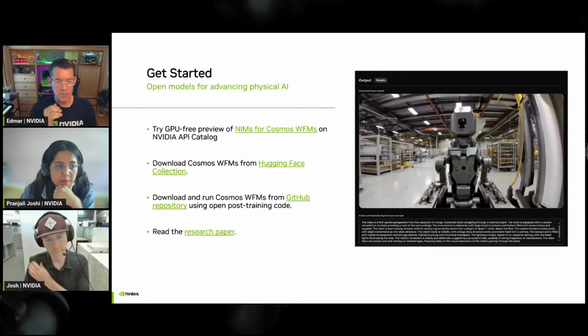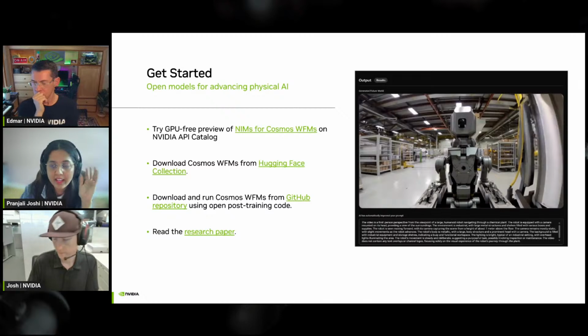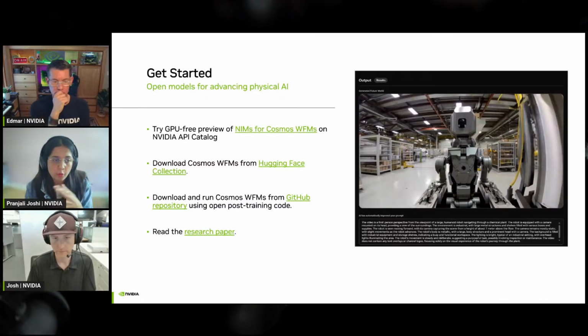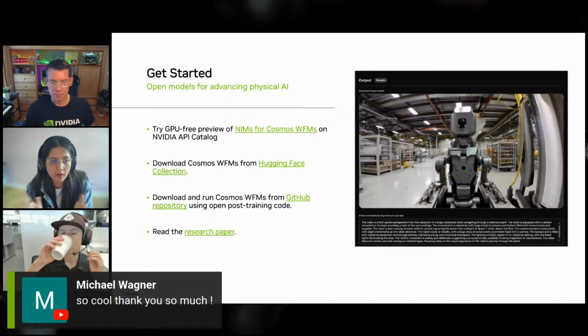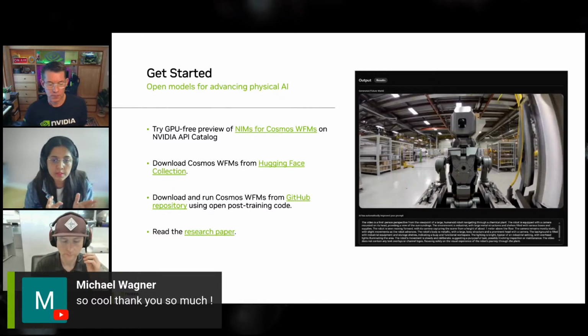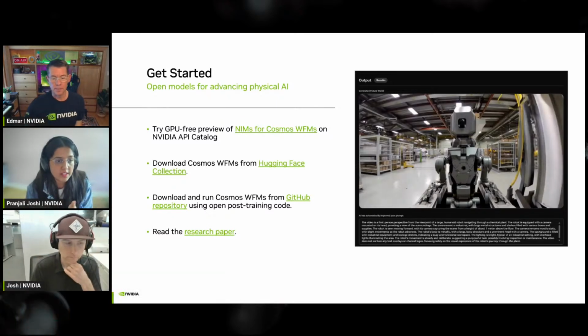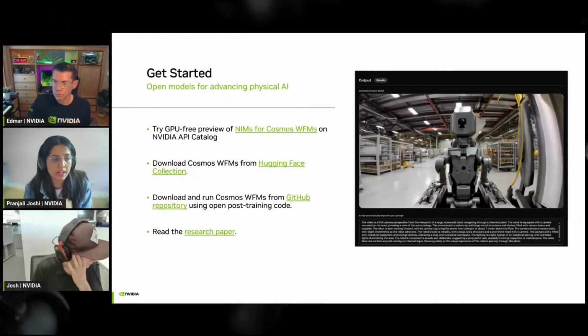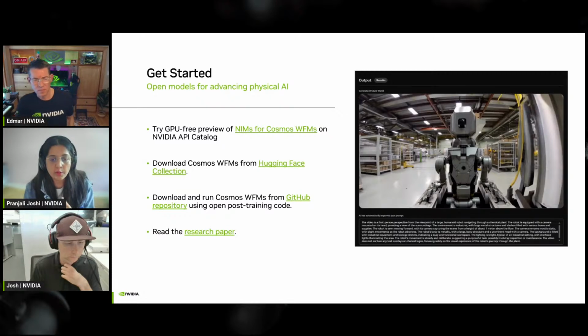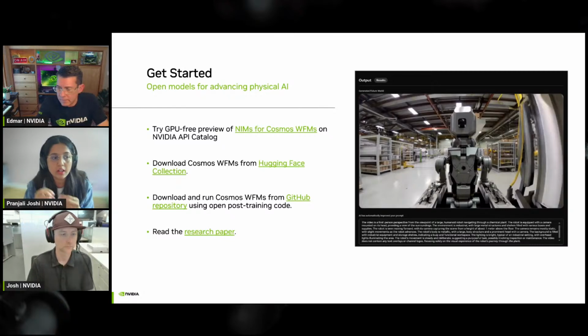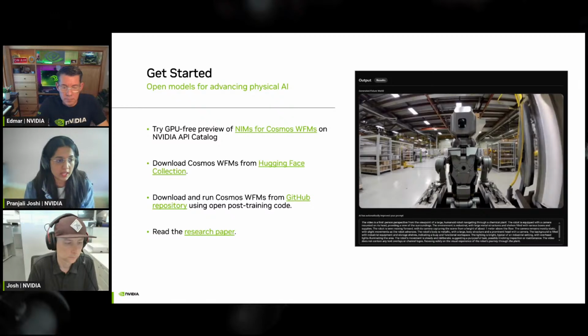Yes, so I think it's pretty easy, everything on the slide. But again, if you are a beginner, you don't know what we are talking about, you just want to give these models a run, then go ahead and go to NIMS, which is our NVIDIA Inference Microservices. Go on API catalog. The link is simple. It is build.nvidia.com, and you can find Cosmos models there. Add your prompts. There is already a prefetched prompt that you can see when you go on that page, and you can edit the prompt or provide a new prompt and generate a video output, which is more like a future frame or a simulated output. And then you can play around with it.